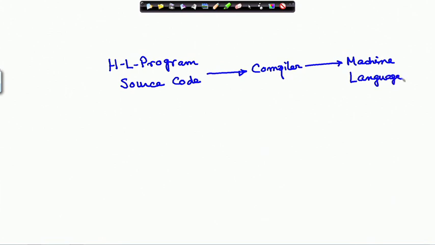Now, in my high level source code, I have a statement like sum equals 25, say.